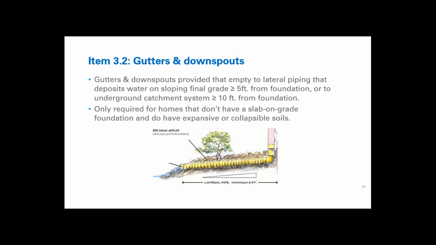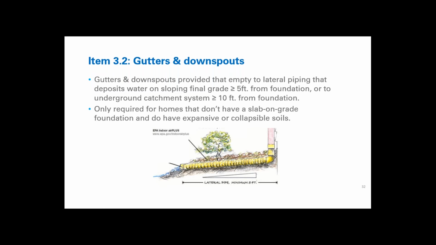In general, what we're asking for here is that your gutters and downspouts have an extension on them, a lateral pipe to bring the water at least 5 foot from the foundation, or to an underground catchment system that's at least 10 foot from the foundation. There is an exception here that if you can show that your